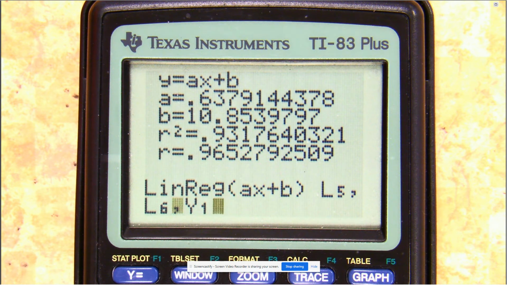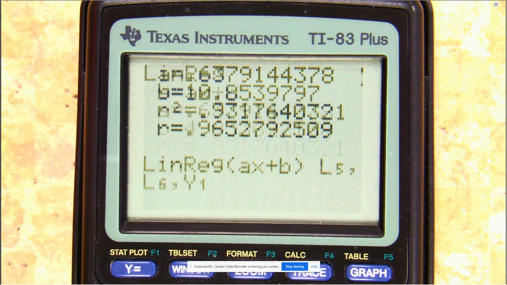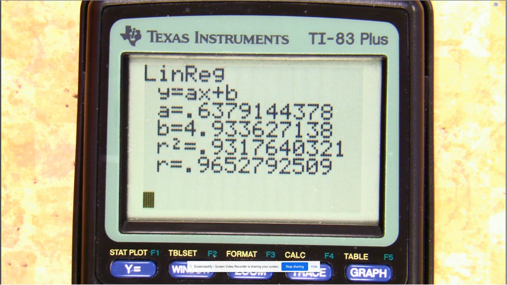Now, the thing that you've got to keep in mind is it may change the line of best fit. You can see right there, it was originally 0.637 and then 10.8? Boom, 0.637, and now a new y-intercept. It has the same slope, which makes sense because all you did was divide all the data points by 2.2, and you calculate the slope by taking r times the fraction standard deviation of y over standard deviation of x.